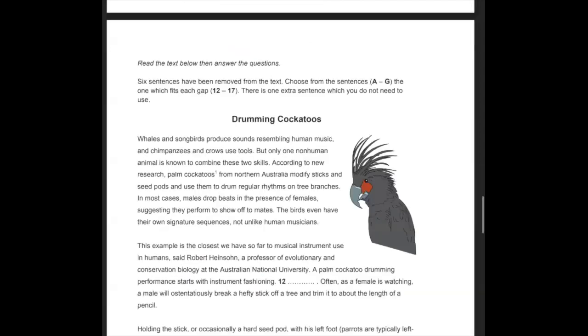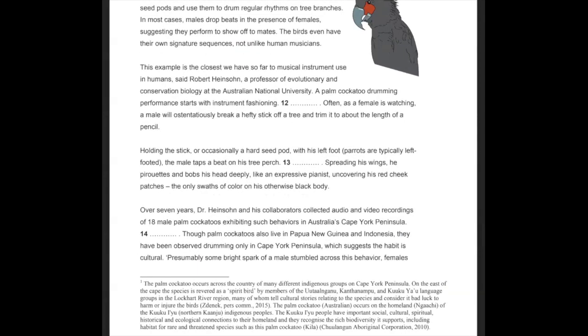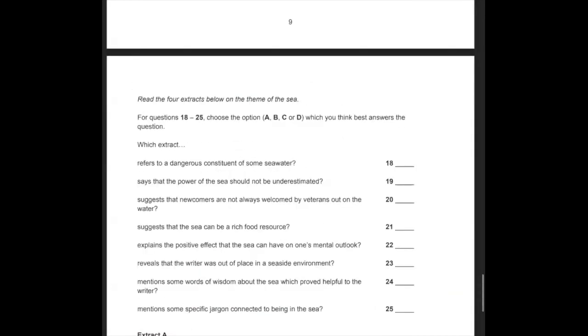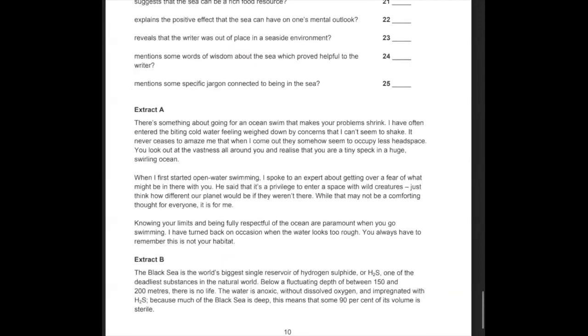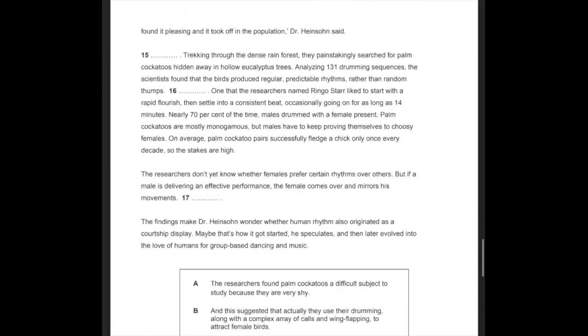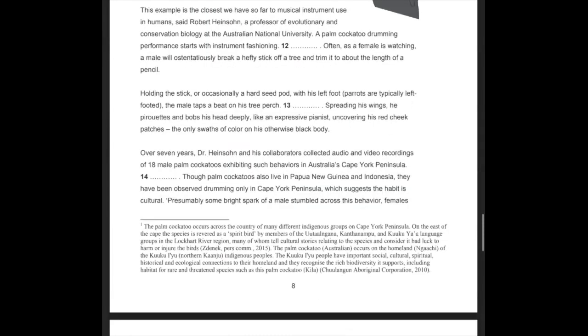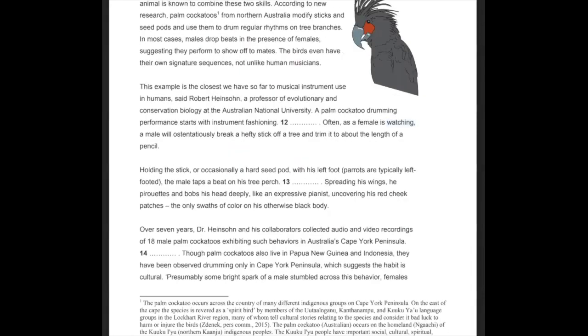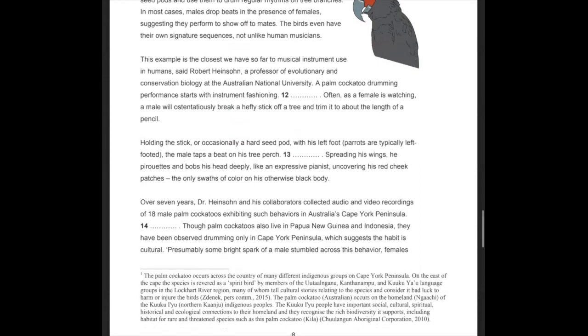Moving on to the next text. So they have included closed passages in the OC test as well, pretty much following suit from the selective test, as well as this additional text type, comparative texts or thematic reading. We'll very briefly go through the strategies for this, but yes, the main aim of this video is actually just to go through the questions themselves.